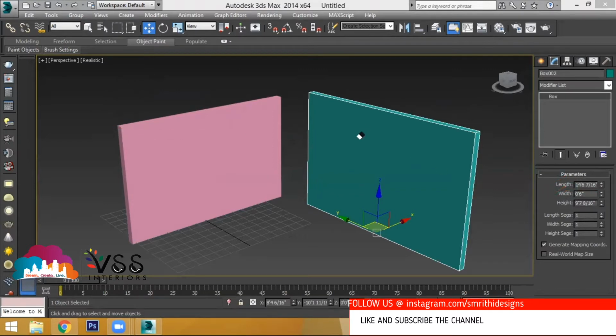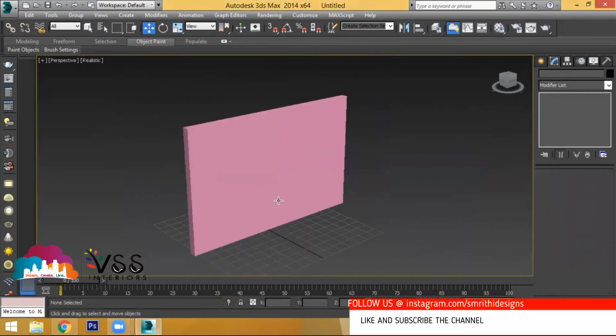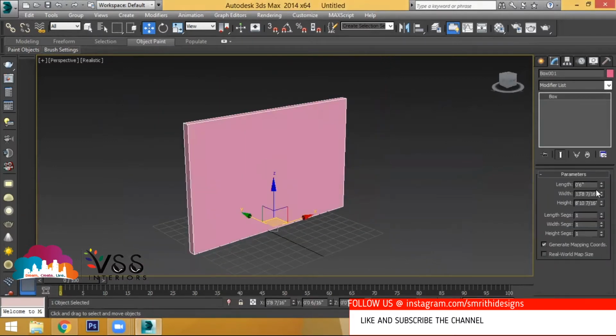So let's say I'll take only one single wall. Let us go with the wall. I have a wall thickness with length 6 inches, or else I will take 9 inches wall thickness. Let's say I'm taking my wall thickness as 9 inches and 15 feet.